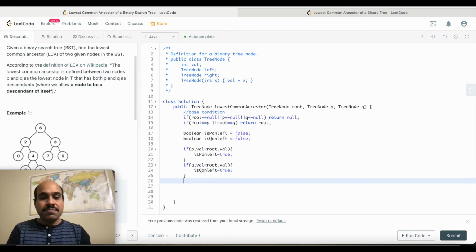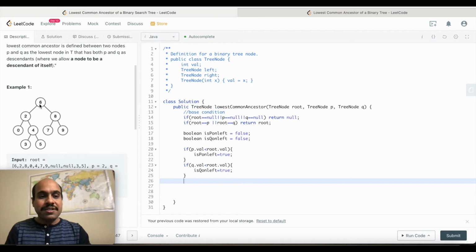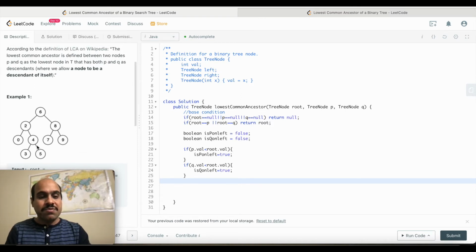So this is the first part of the approach. We first find out where those two nodes p and q are with respect to the current node. For example, suppose p is 4 and q is 5. First I will check with the root node. The current node is the root node, and 4 and 5, that is p and q, are both smaller than the root node's value, so we can simply go to the left side and check the same condition.